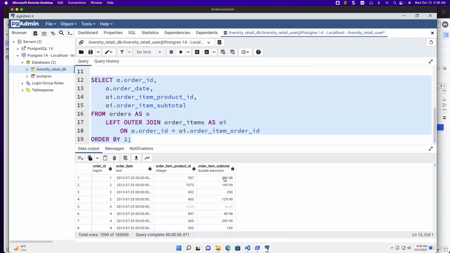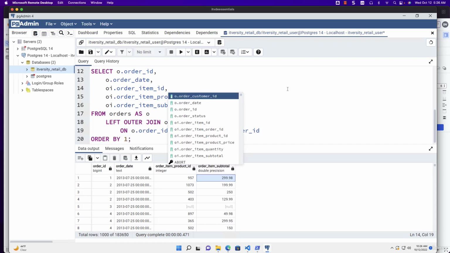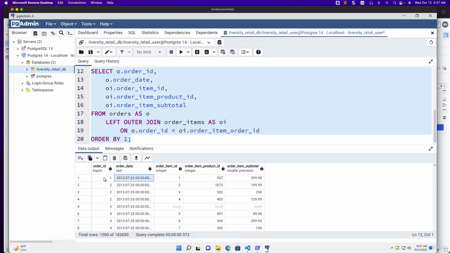For order ID, we have one record. This is the order item product ID. This is order item subtotal. Let me also add one more field here. It is nothing but order item ID, which is the primary key in order items. Now let me run this. So when it comes to the first record,